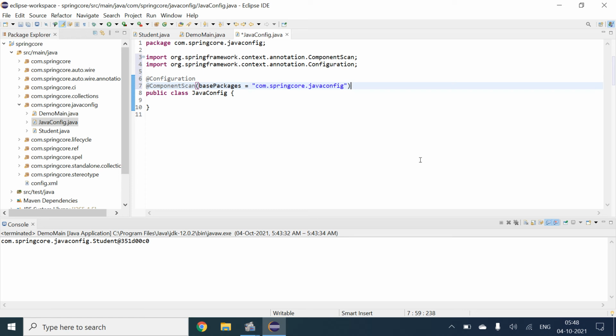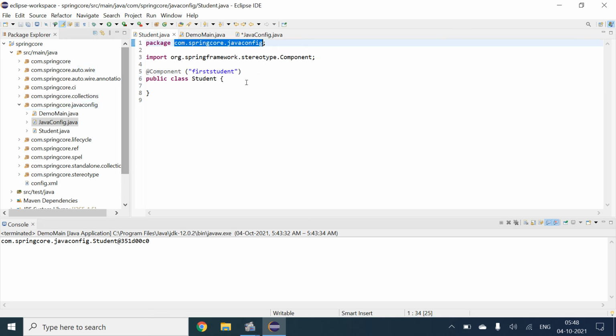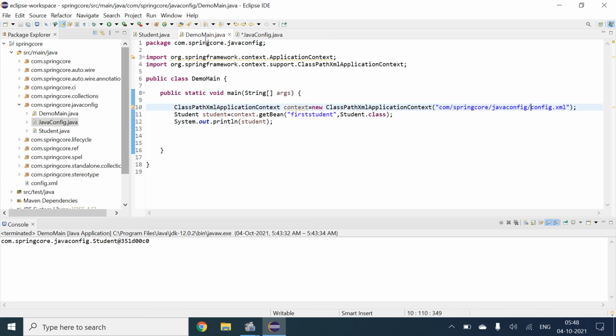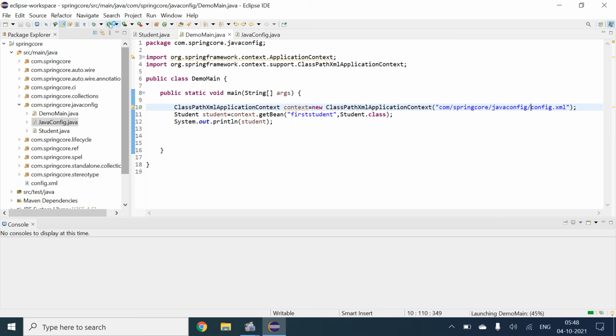So it will just scan this package, and now if you come to the Student class, let's try to run the program and see if we get some errors.